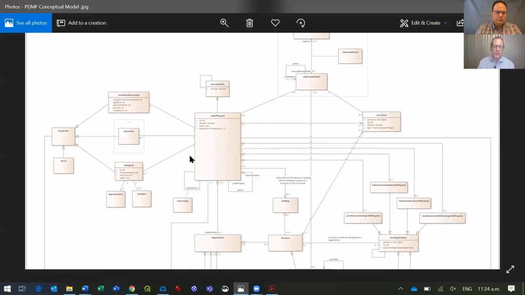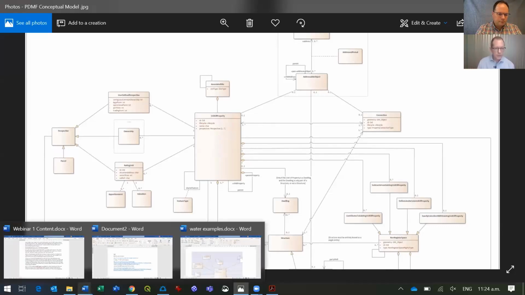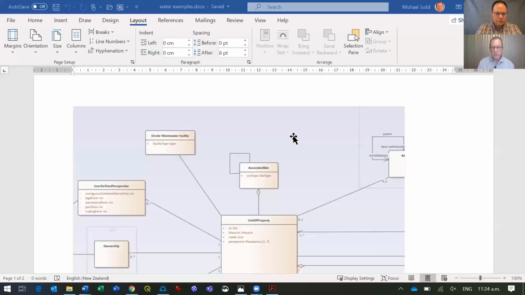So if I come back to the model, we think extending the model is a case of identifying the appropriate place to hook into the model. So if it's, say, a school zone, you'd probably hook into the model at a unit of property level. I did get some interesting use cases from a person who asked me about water.